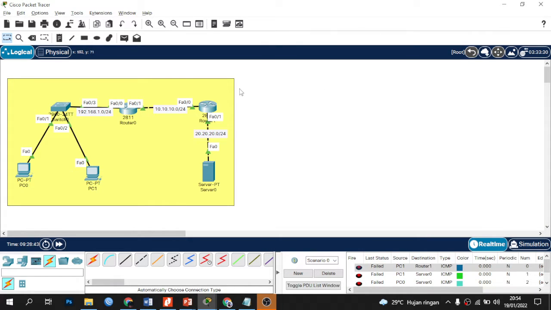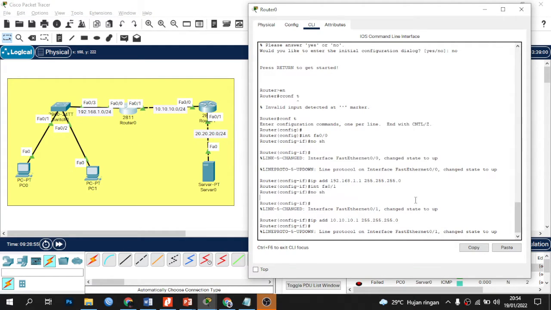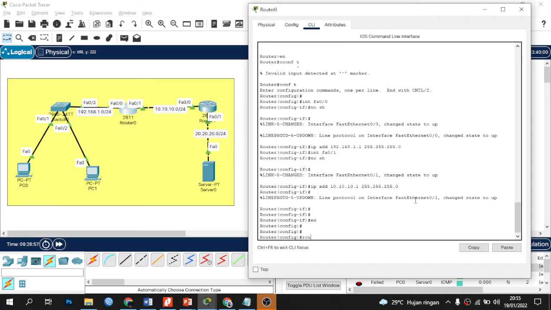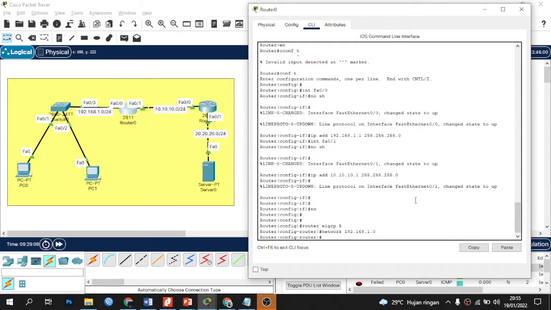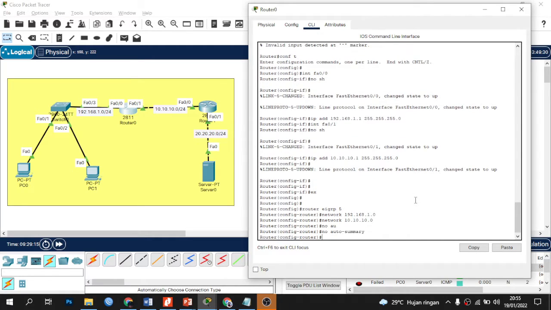Okay, after that, enter the routing configuration on both routers. The routing protocol is free. Here I use the EIGRP routing configuration. Exit, router EIGRP 5, network 192.168.1.0, network 10.10.10.0, no auto-summary.